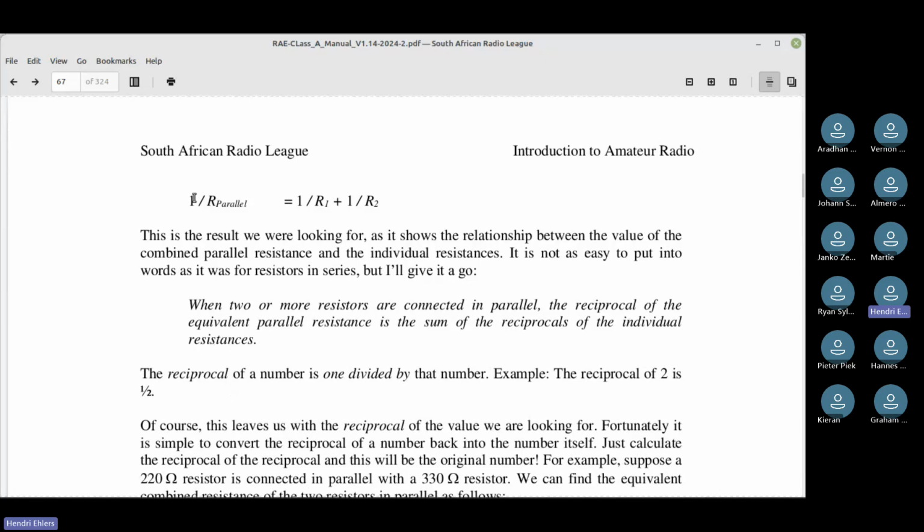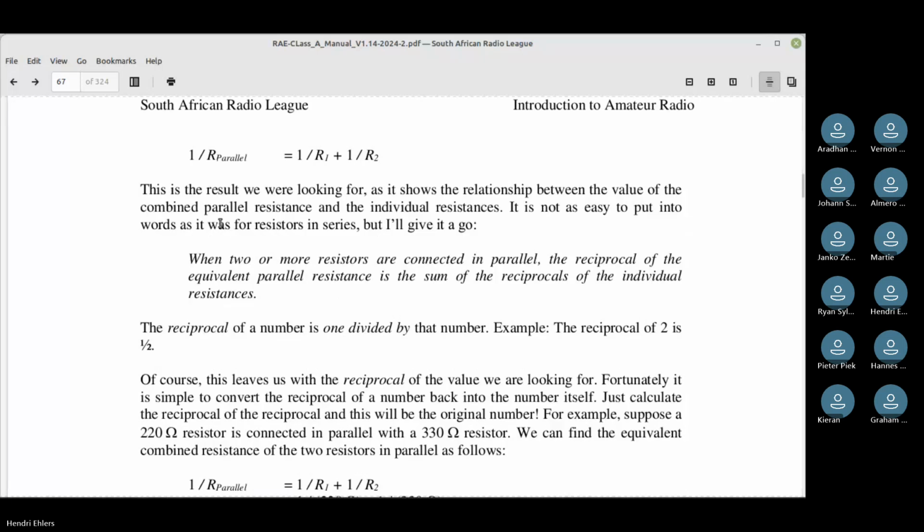Now, here's your formula for calculating resistors in parallel. And if you can get this right, you're going to be a master. I work a lot with electronic engineering students, and I tell them Ohm's law is the key to being an electronic engineer. If you've got that, you're halfway there. Then you must just figure out what the capacitor does, and the rest you'll pick up as you go along.